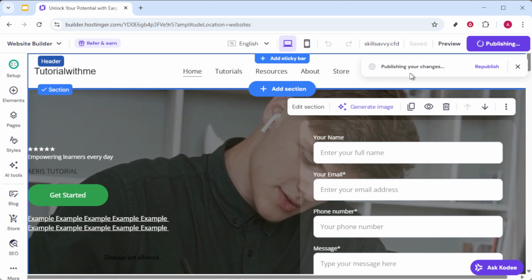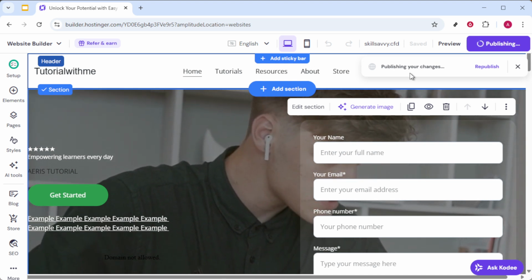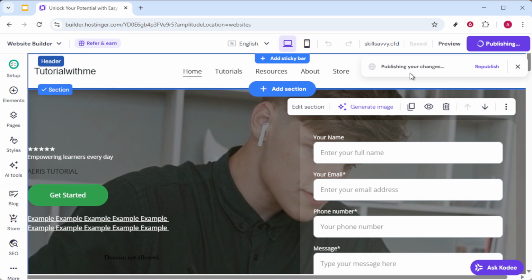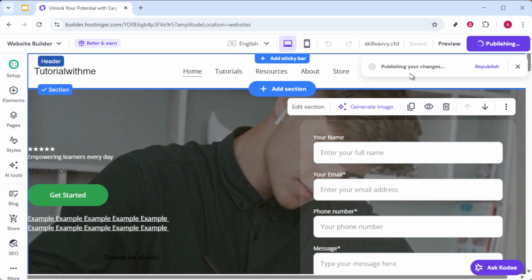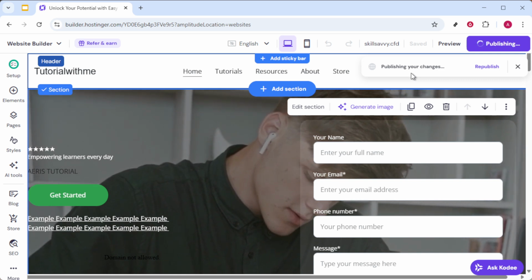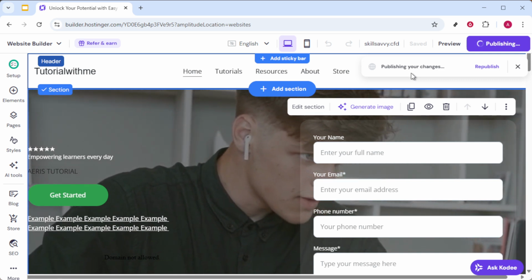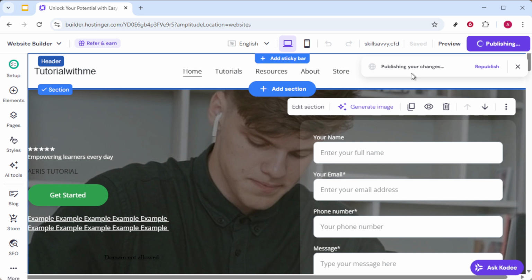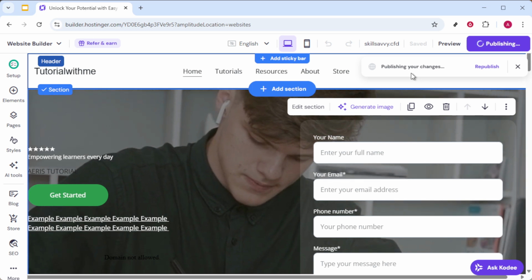And that's it. You've successfully uploaded your website to Hostinger. Remember, this platform offers extensive support and resources should you need any further assistance after setting up. By following these steps, you now have a live website proudly showcased on the web, bringing your ideas, products, or services